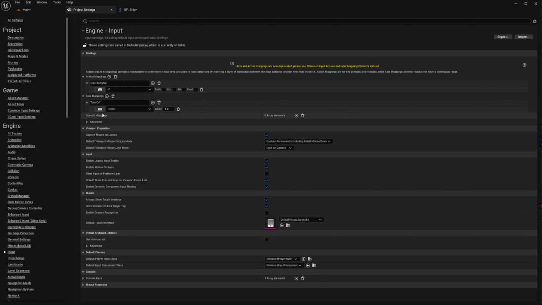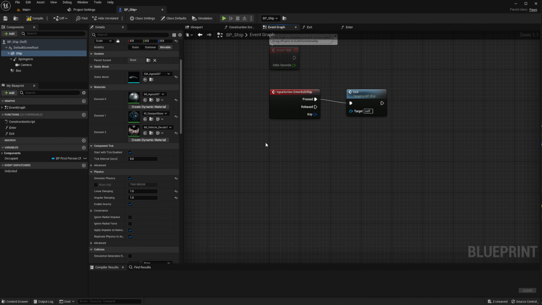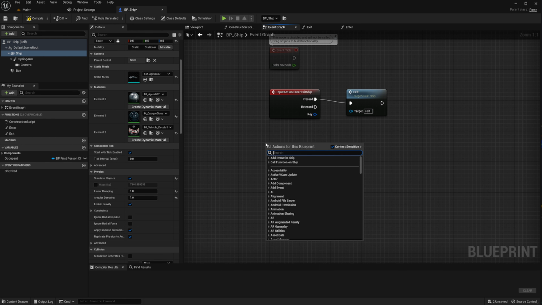And then I'm going to use C to go up, and I'm going to press this plus button here, and I'm going to use V to go down. So C is 1 and V is -1. Okay, with that done, we can now right click in here and we can have a look for takeoff,